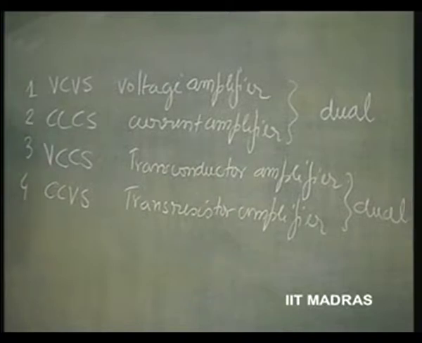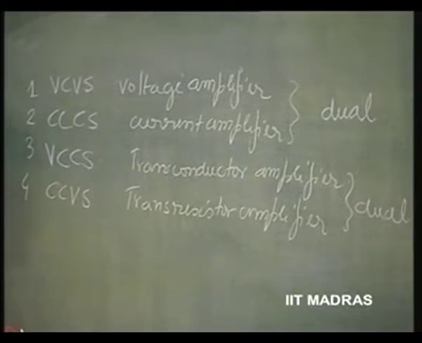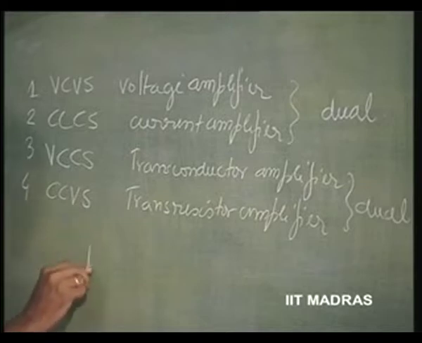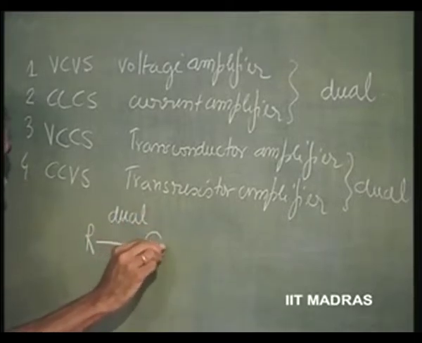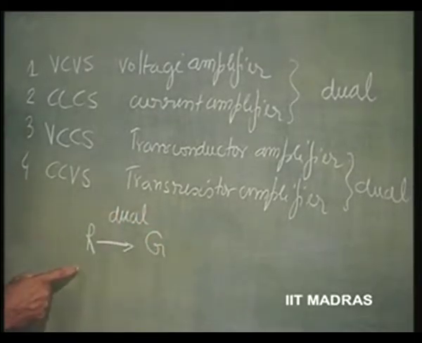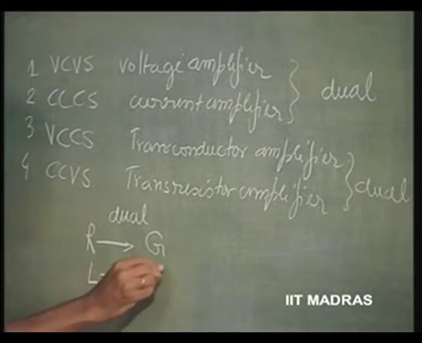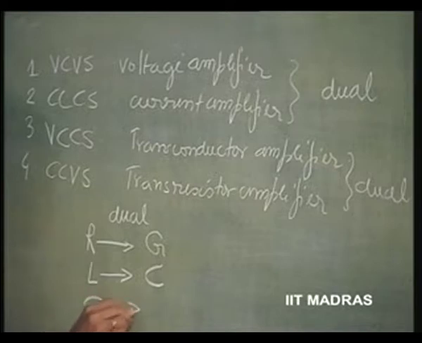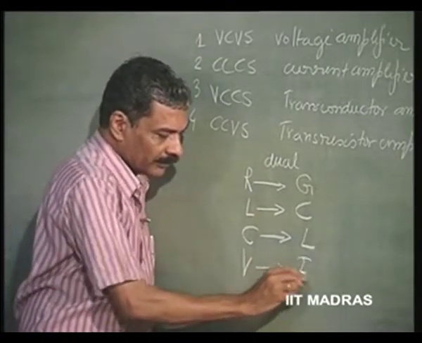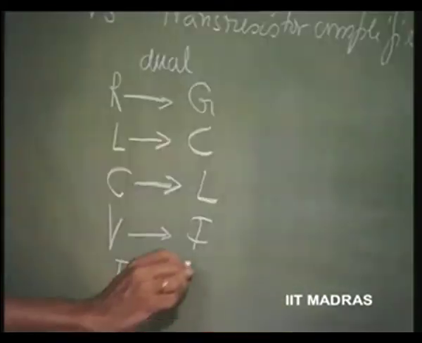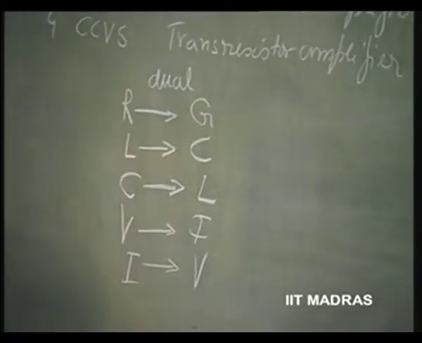What is a dual? Let us recollect what we have learnt in our networks. R, dual of R is G. Dual of a resistor is a conductor. Dual of L is C. Dual of C is L. Okay. Dual of a voltage source is current. Dual of current source is voltage. These are what are called duals, right? So,